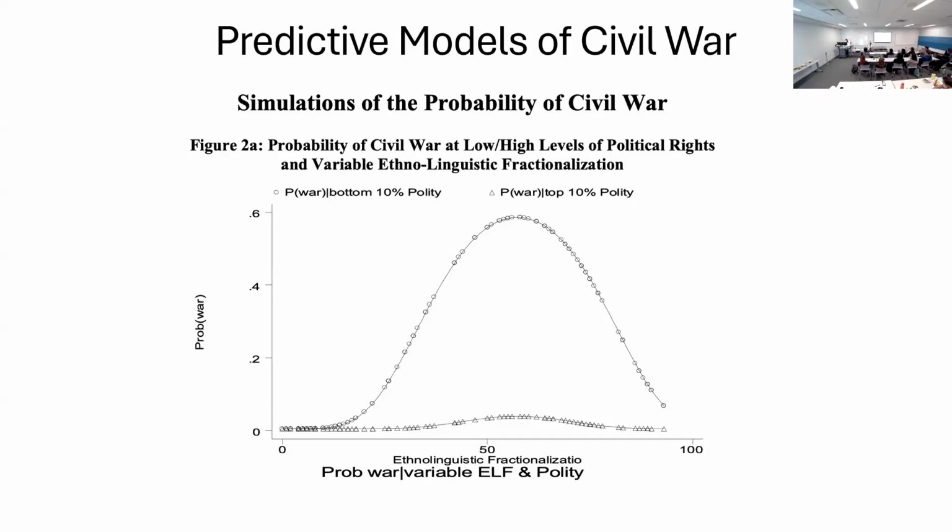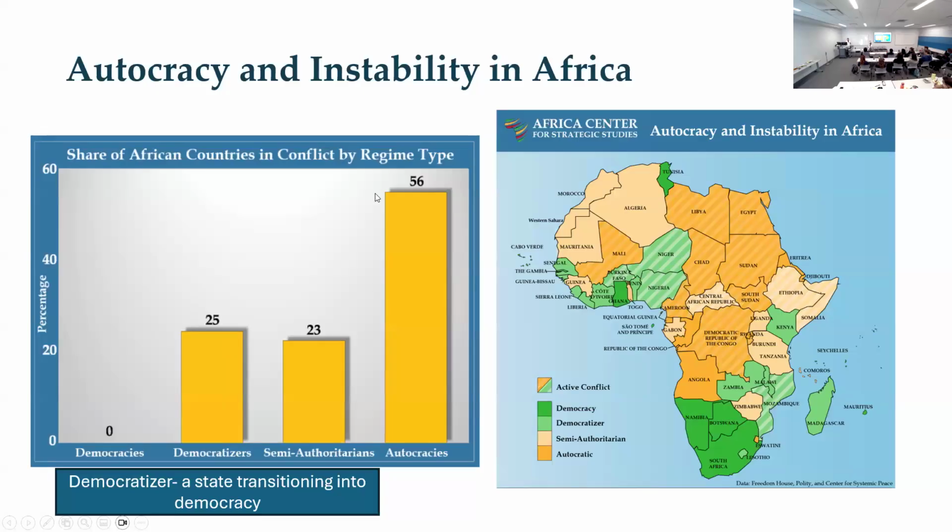So it shows you how the strength of government, representation in government, and people having a voice matters. It's not just about ethno-linguistic diversity. It's not that diversity drives conflict. It's not that simple. And if you look at autocracy and instability in Africa,